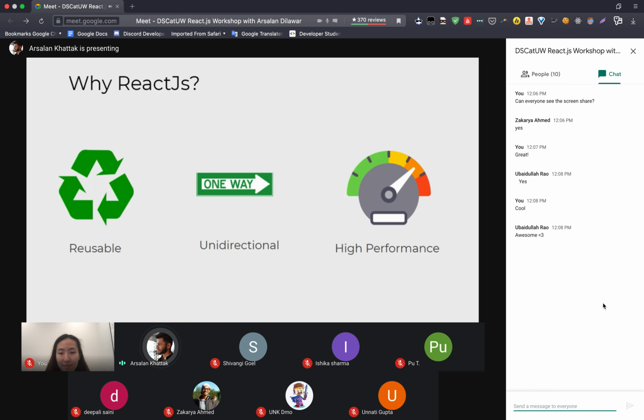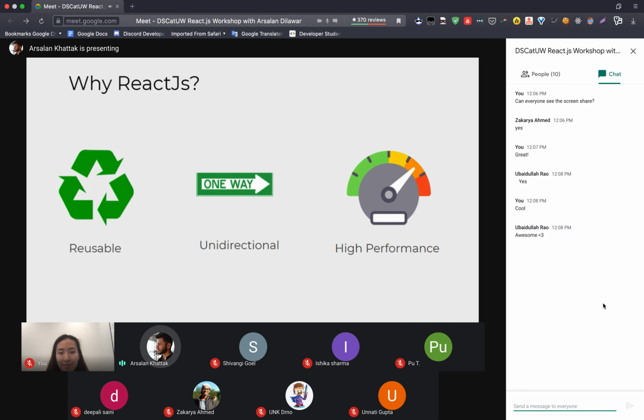React.js does not actually do that. React.js has a different method to change that. Eventually, it also changes things in the DOM, but it has some kind of complex method to do that, so I will not go into that. If you are curious, you can search on Google about the virtual DOM, which is a copy of that DOM, with the help of which React.js is much faster than normal JavaScript.